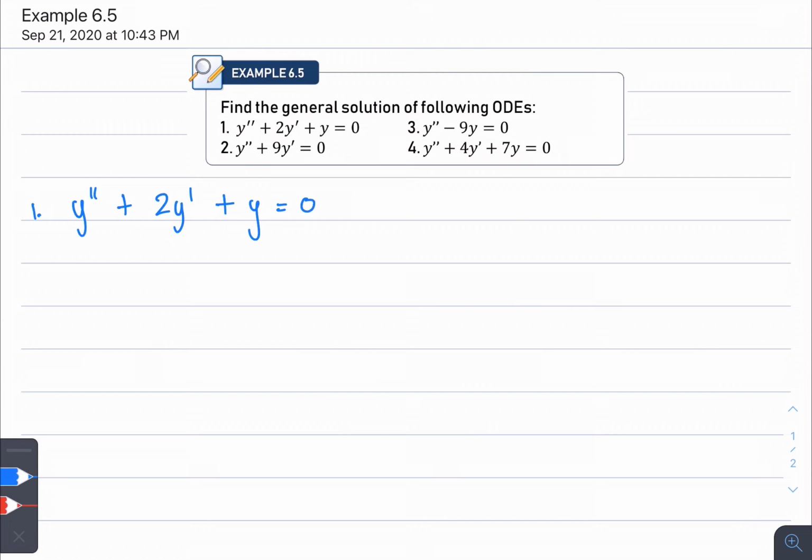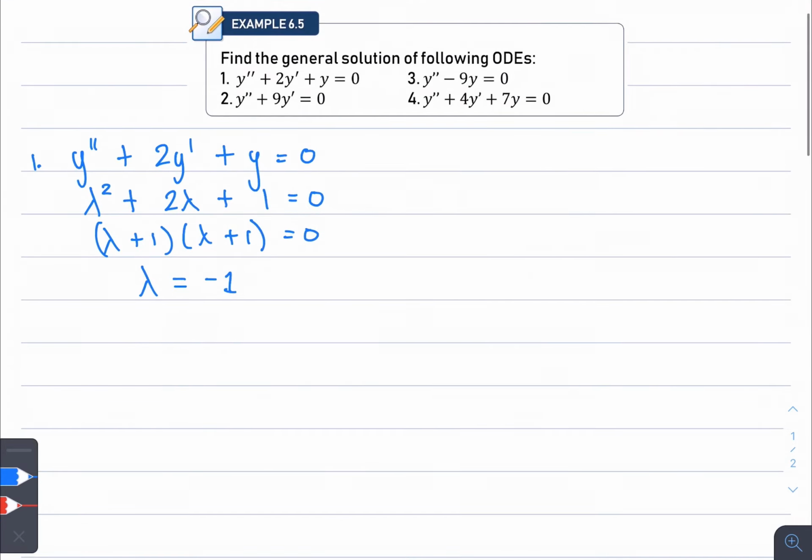For this case, the characteristic equation is lambda squared plus 2 lambda plus 1 equals 0. So the terms of lambda will come from the derivatives y double prime and y prime. Tapos yung constant will be yung y function. Okay, so we will solve this characteristic equation using the quadratic formula or simply factoring. So this will be lambda plus 1 squared equals 0. So the roots for the characteristic equation is negative 1